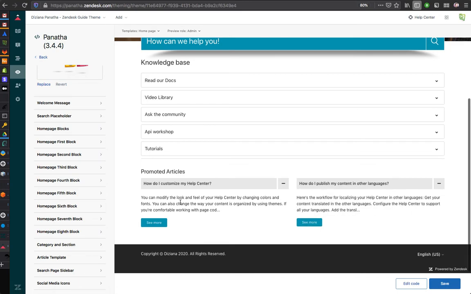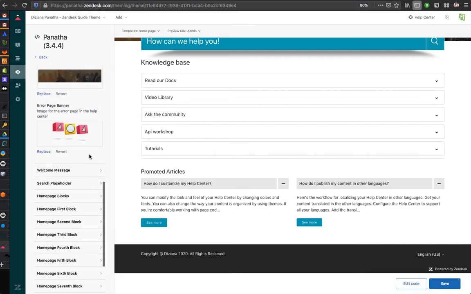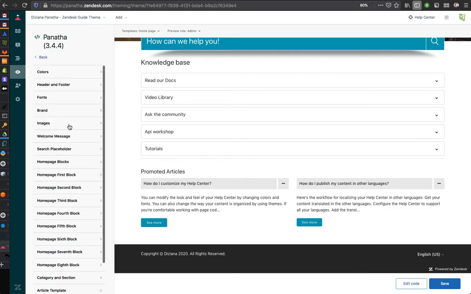In this case I think there are only 2 articles that are promoted. You can show up to maybe 5 or 10 promoted articles on the home page, across the categories. Zendesk creates this list of promoted articles based on how your categories and sections are sorted, and then it picks the top 10 or so promoted articles.